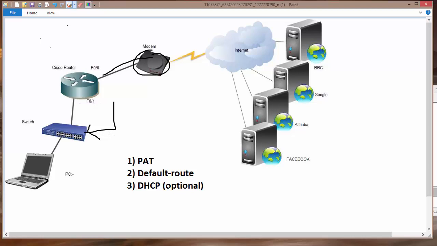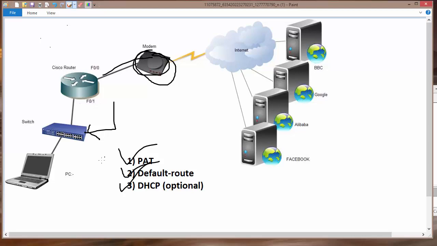Hopefully now you know how to configure your router in order to get internet connectivity using a DSL router. The things required to configure on your Cisco router are PAT, or port address translation, and the default route in the direction of the ISP or DSL router. In my case, it should be the DSL router because the DSL router is already a router, and the optional configuration is DHCP.